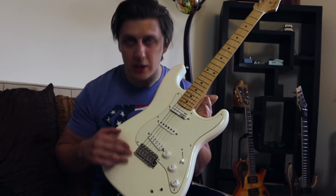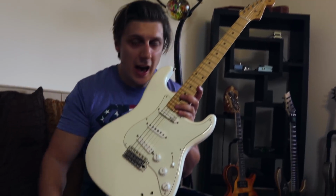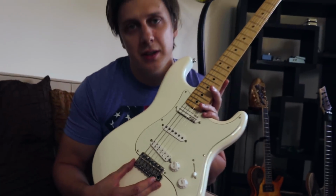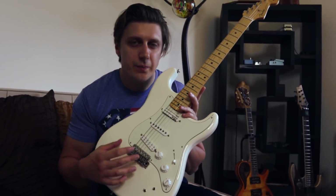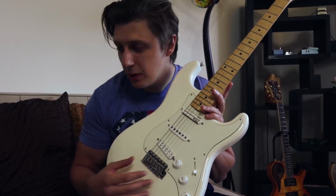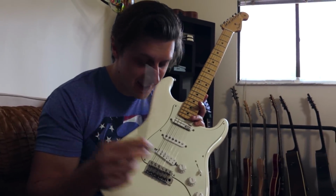Here's the main innovation. It's not about the guitar. It's not about the guitar at all. It's about this. And it's not even about this. It's actually about any tremolo system. It can be standard Fender floating bridge. It can be Wilkinson. It can be Floyd Rose. Anything. So you stick a thing,